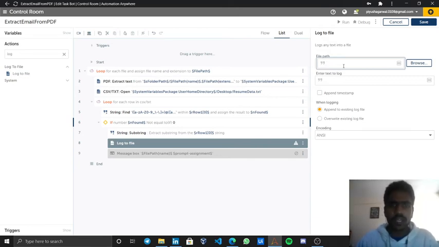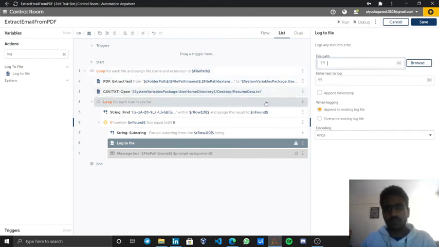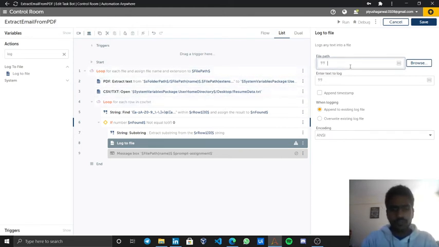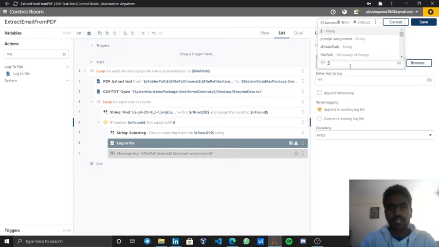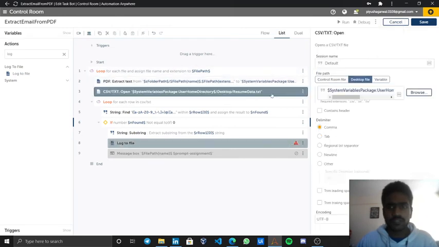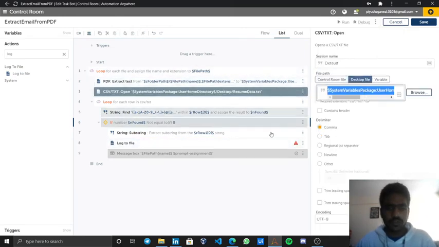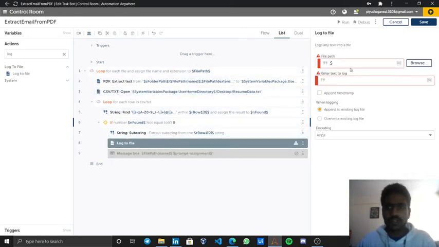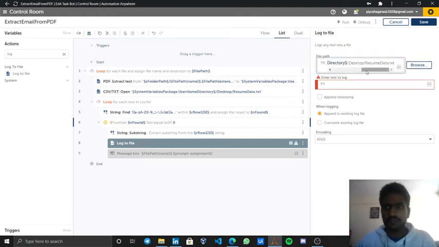Again I can use, like I had used the desktop, this for the home directory. This time I can use the path to my downloads folder, or probably not. I will just use this one, copy and paste.